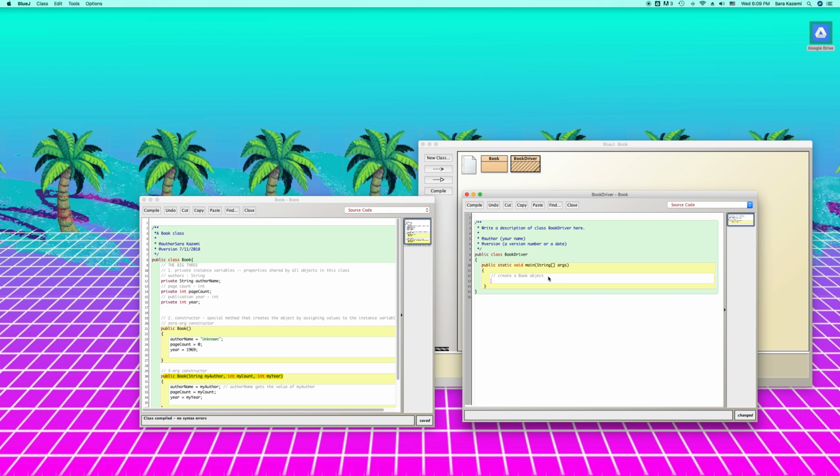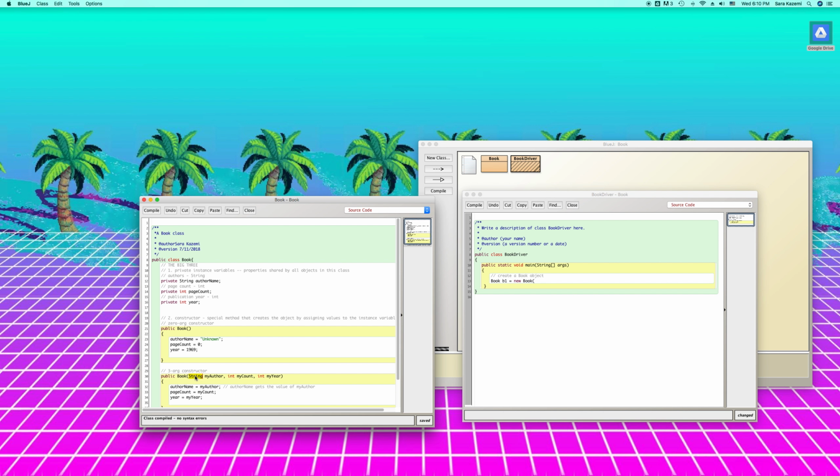So when I want to create a new object, I have to put first the type of data. So the type of data is going to be the name of the class, so that's Book. And then I'm going to put what I want to name the book. I could just put b1, I could put anything I really want. And then I'm going to use the assignment symbol, the equal sign. So Book b1 gets, and here's where I call the constructor. I need the keyword new, and then I'm going to call the constructor, which remember is just the class name again. And I want to use this 3-argument constructor, so I need to pass in three